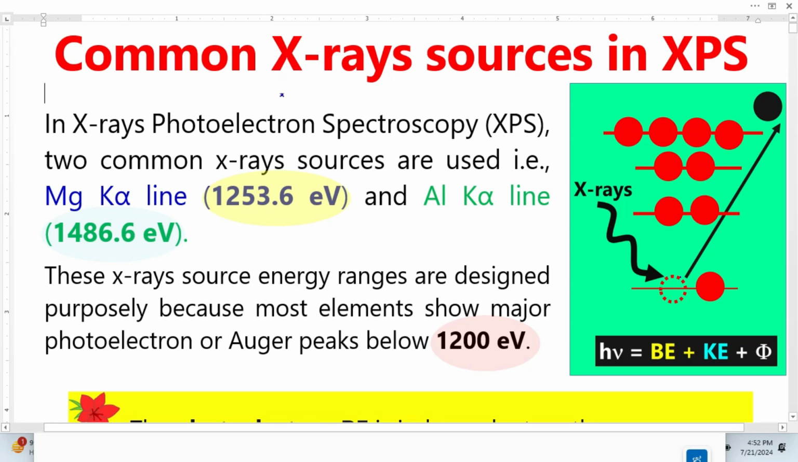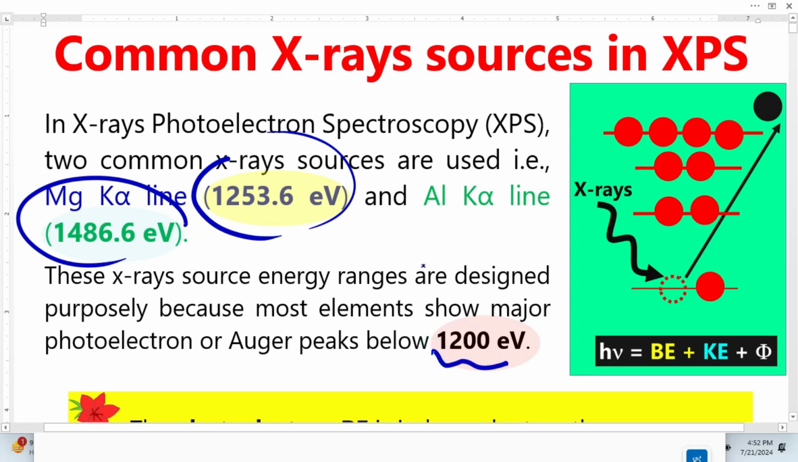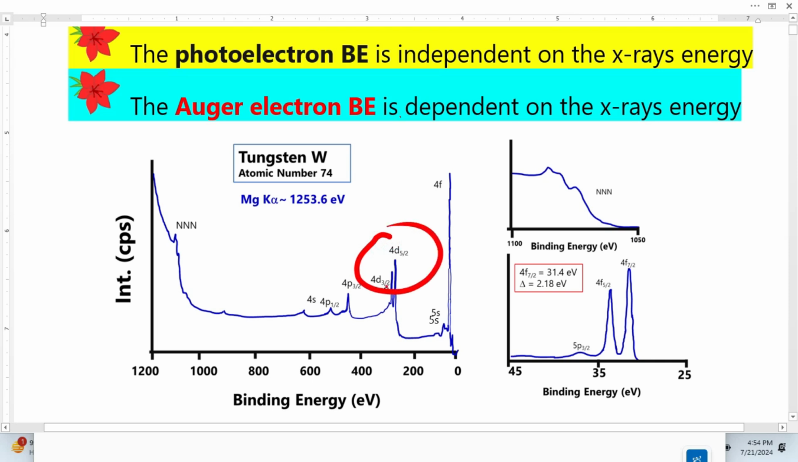Let's discuss a very important concept: why we use these particular energy sources in XPS analysis. We know that the maximum binding energy of all detectable elements is in this range, and the major photoelectron peaks or Auger electron peaks are below 1200 electron volts. The photoelectron peak's binding energy is independent of the X-ray source. If you use magnesium or aluminium, the photoelectron peaks are independent, while the Auger electron peaks depend